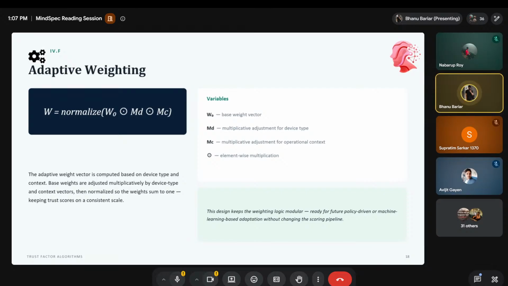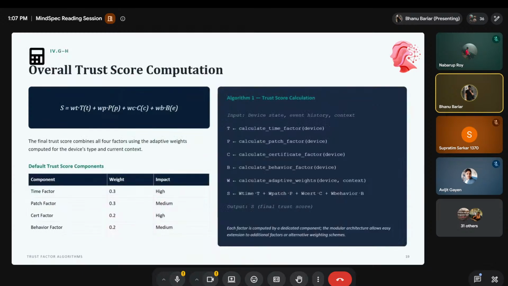And finally, we will see how all these components come together to produce the final trust score. Here is the formula which is used to calculate the final trust computation, where S is the overall trust score. Each weight reflects the adaptive importance determined by the previous algorithm, and the table below the equation shows the